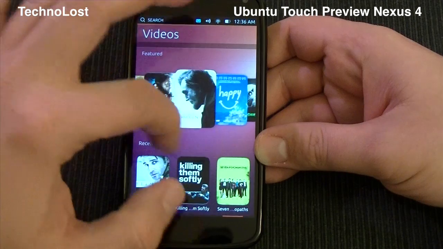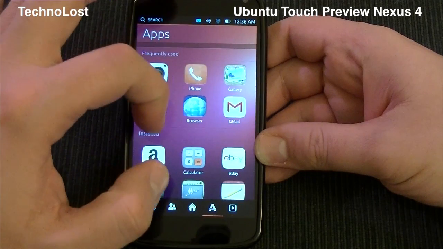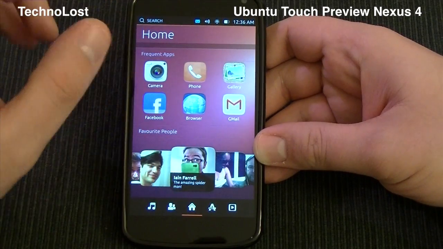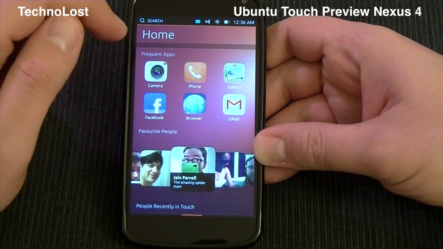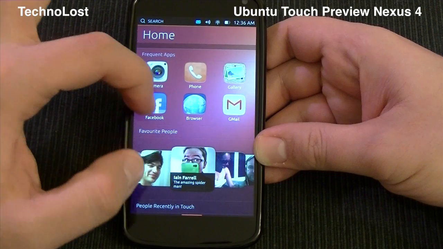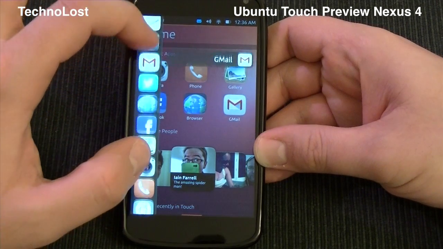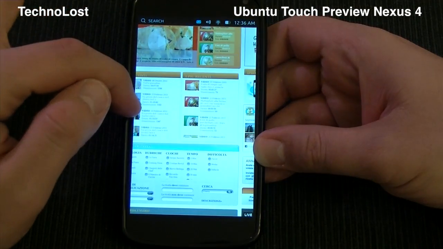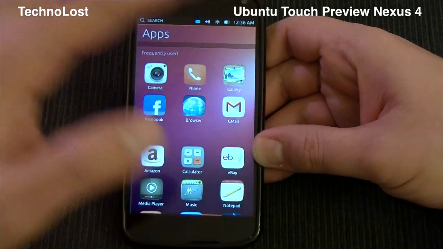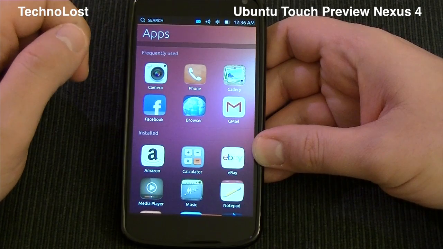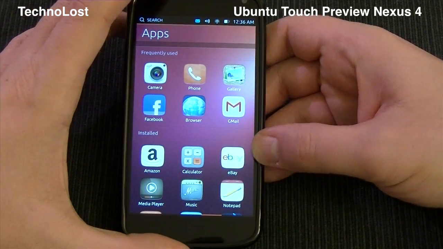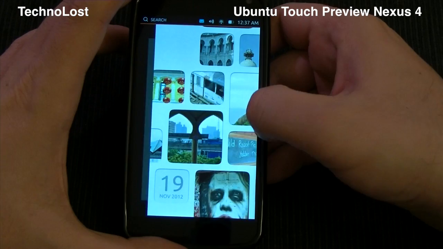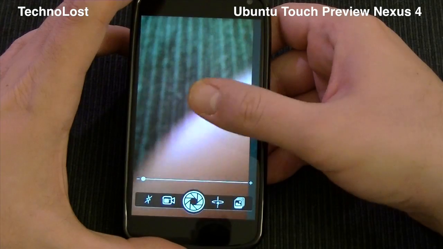So this is everything concerning the main tabs of Ubuntu Touch. Just let me remind you quickly of the gestures that you can use here. Swiping left to right, we have the quick app bar, like this. But if we swipe a little bit further, we minimize the app currently in use. Swiping from right to left, we cycle between all the opened apps that we have in the background,